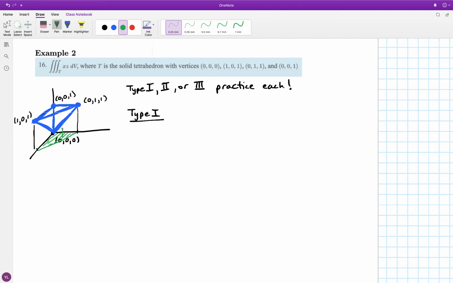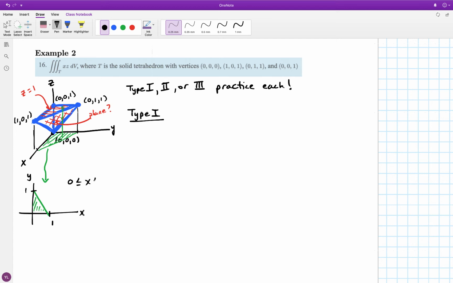So I'm trying to identify the region in the xy plane over which this solid lives, and then I will express the 2 surfaces that z bounces in between, that tilted plane on the bottom and then the flat plane z equals 1 on the top. So for the green region in the xy plane, I obviously have 2 options. I could express it as, in the language of double integrals, a type 1 or type 2 region. I'm going to start with type 1 here. X goes between 0 and 1, and I see y bounces between y equals 0 and y equals 1 minus